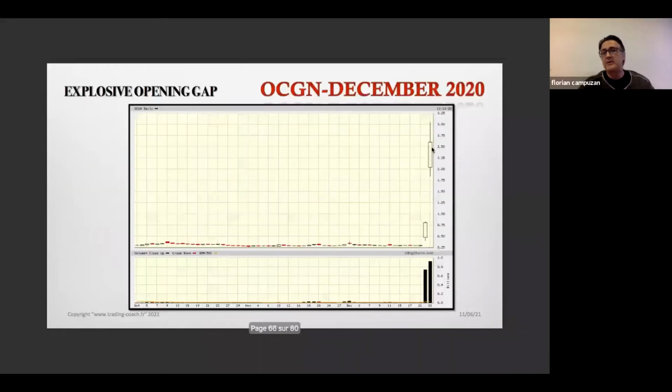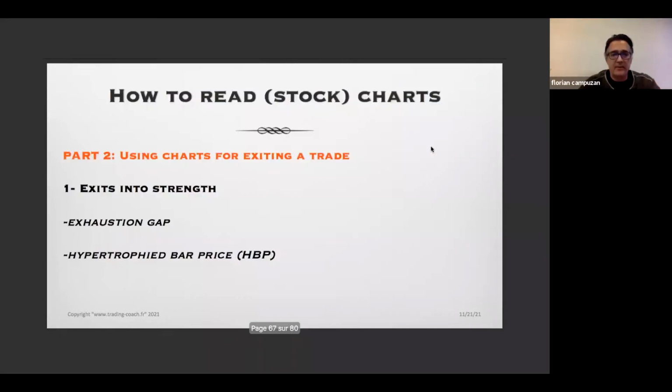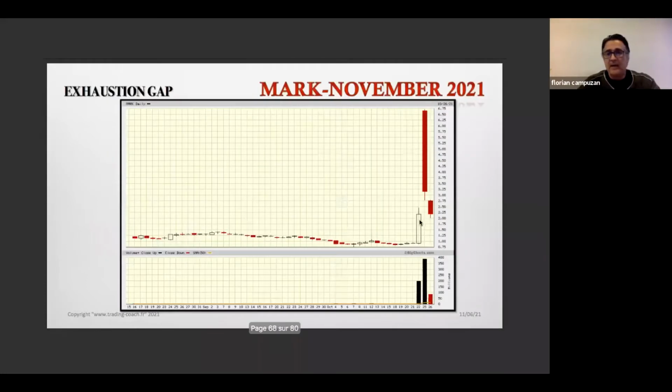So, exhaustion gap. There was a good chance that it could fall after that, and you could have locked about 50% of your position, exit here, and wait to see what happens next. I don't remember what happened next. And here, for example, it was a trade I made in early November. Here you don't know what will happen, but when you have a gap of about 200% at the opening, you'd better